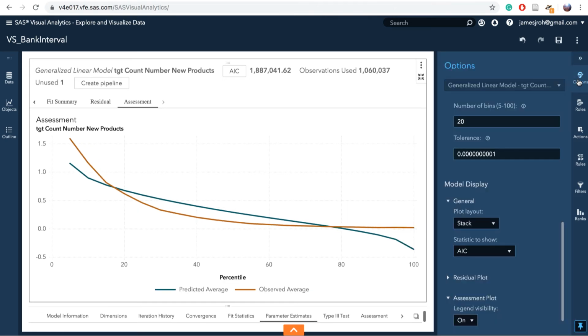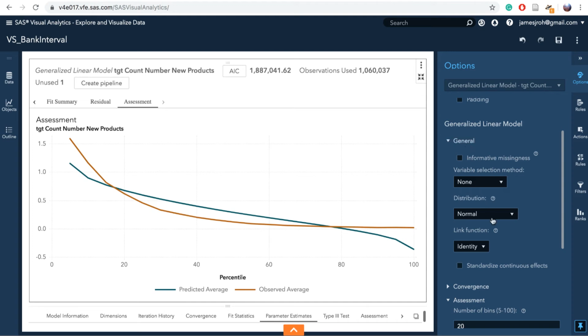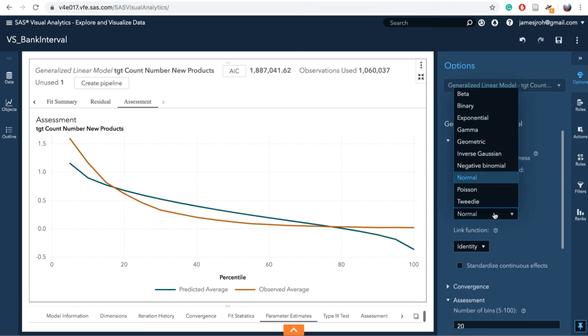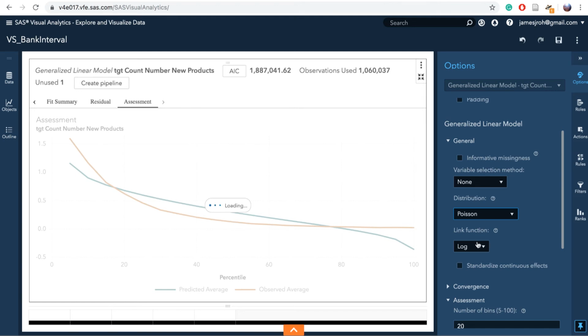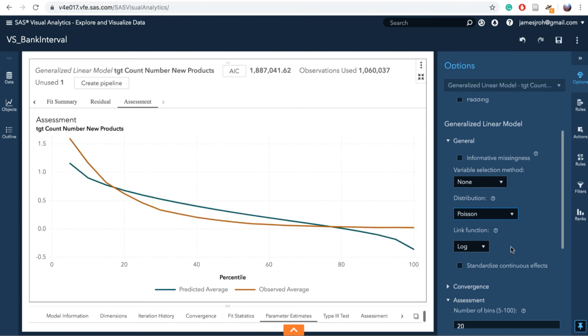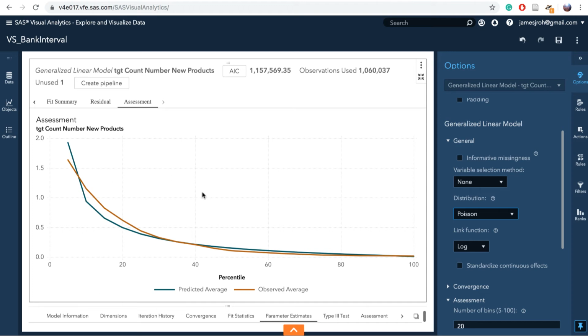And let's change this distribution. On the generalization distribution, we want to change it to Poisson distribution, and the function is log function, and you can just see that assessment